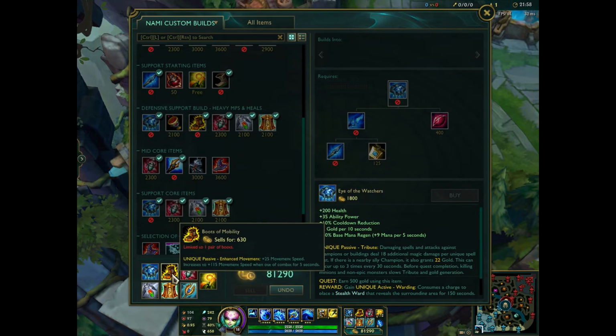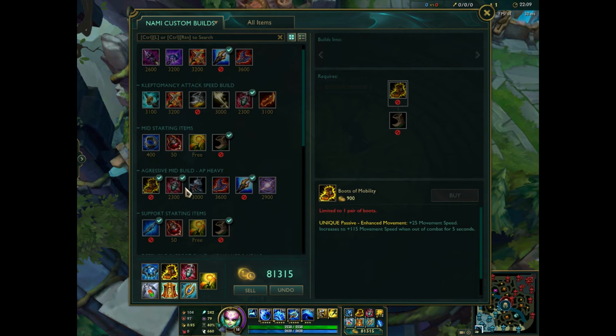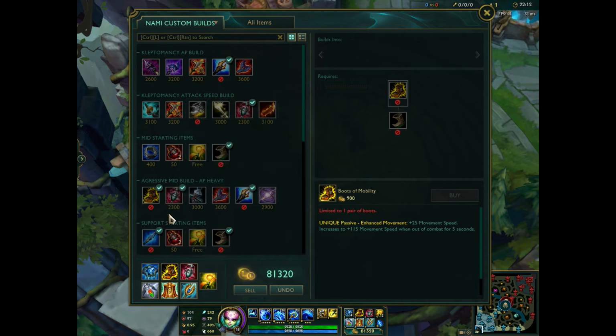Secondly, I like to pick up my Boots of Mobility. Now, Boots of Mobility can be swapped out if you're not really a big fan of them. You can go Sorcerer's Shoes or the cooldown reduction boots. I specifically like to use the